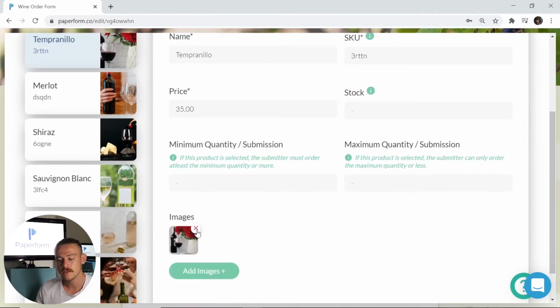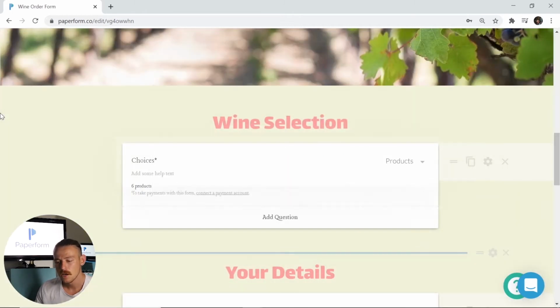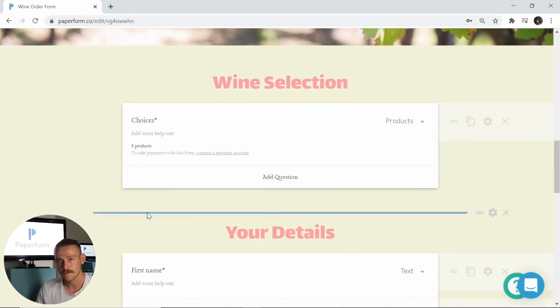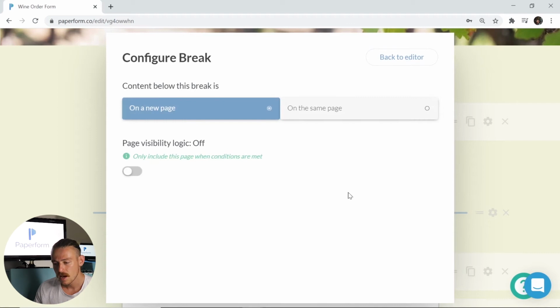You can also remove the images or add. And on the left here, you have the ability to change the placement, delete or duplicate any of those products. Jumping back out, we're going to take a look at this break here. Now within our forms, you have the ability to include a same page or new page break. I'm going to go over to the cogwheel icon, which is once again our configuration,